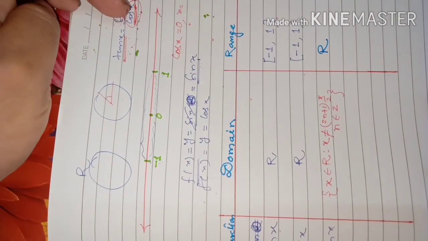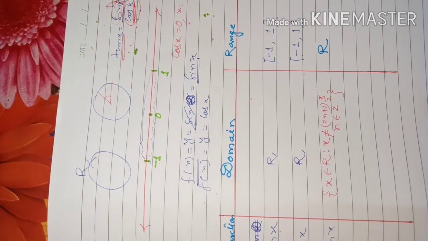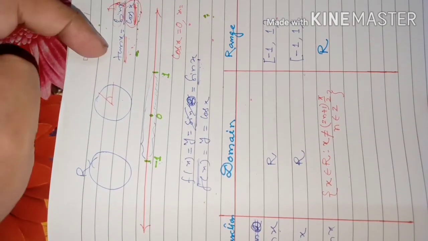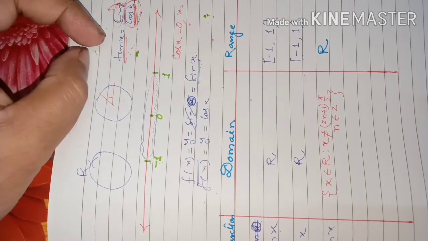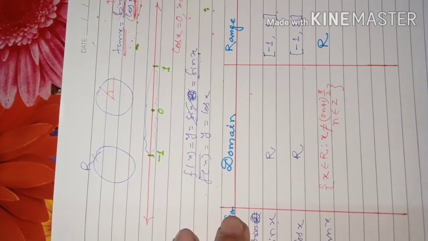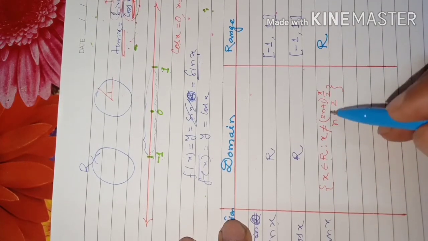Because only pi by 2 or 3 pi by 2 like that you cannot take, but other real numbers you can consider. So any real number you can get for tan function. Got the idea? So now let us go to another function. Now we have understood that the domain of tan function is real numbers except odd multiples of pi by 2.